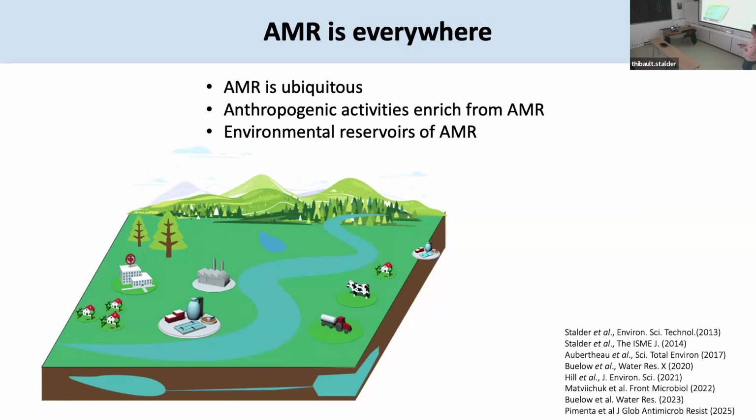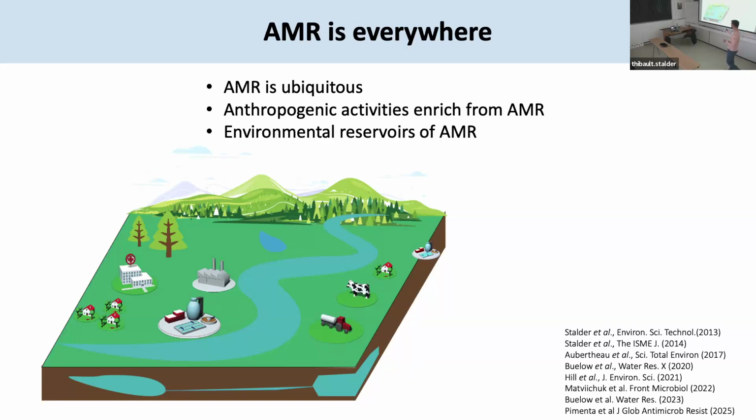is that anthropogenic activity tends to enrich for AMR, meaning that, for example, if we look in a hospital effluent, we'll find a lot of AMR, it's going to be very abundant. And if we look in the more natural environment, we'll find it, but it's much less abundant. And as we go down a river, for example, with different impacts from, let's say, a wastewater treatment plant, what we found is that often wastewater treatment plants will have a significant impact on the enrichment of antimicrobial resistance downstream